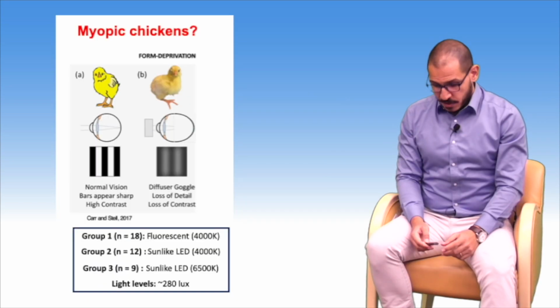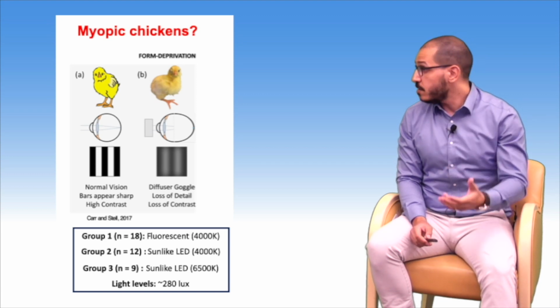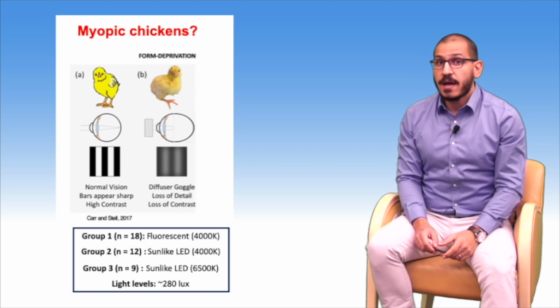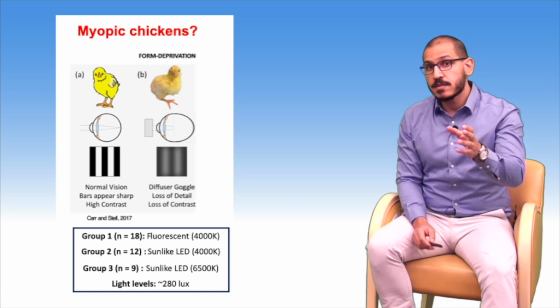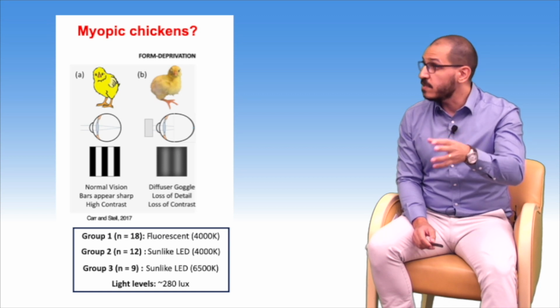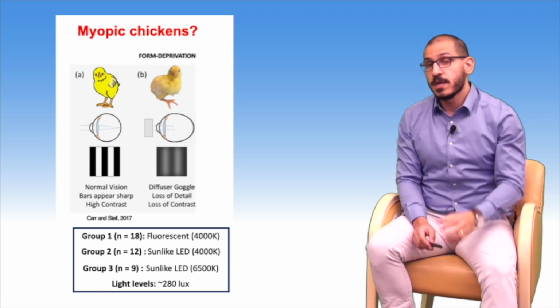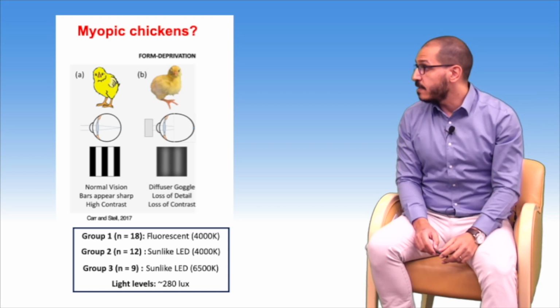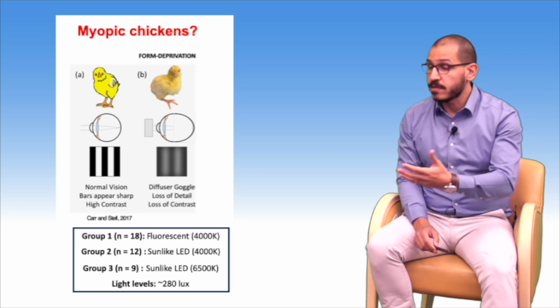Okay. And you had chicken studies, so what happened then? So yeah, we decided to evaluate these lights on chickens. So we had 3 groups of chickens. The first group was exposed to fluorescent light. The second group to sun-like LEDs around 4000 Kelvin, the same correlated color temperature as the fluorescent light. And the third group was exposed to sun-like LEDs at 6500, which actually mimics sunlight around noon, as I mentioned